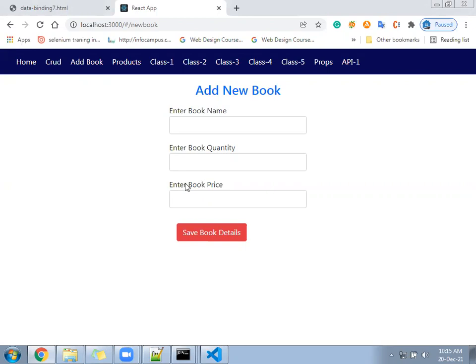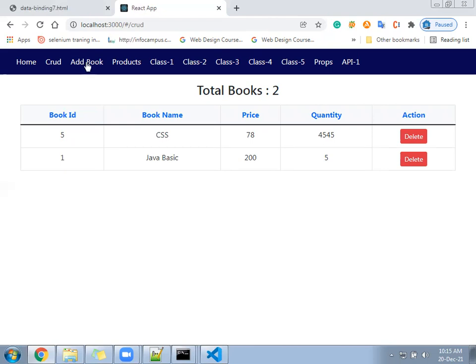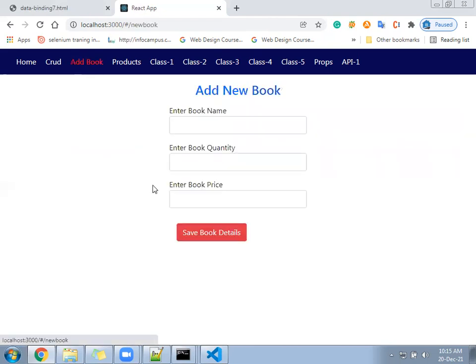That is a task. Okay, we are going to do it now. You are going to do it. The CRUD page is separate where data is coming, and the new book page is separate. Now we want you to combine them together, the book saving part. Let's come here.